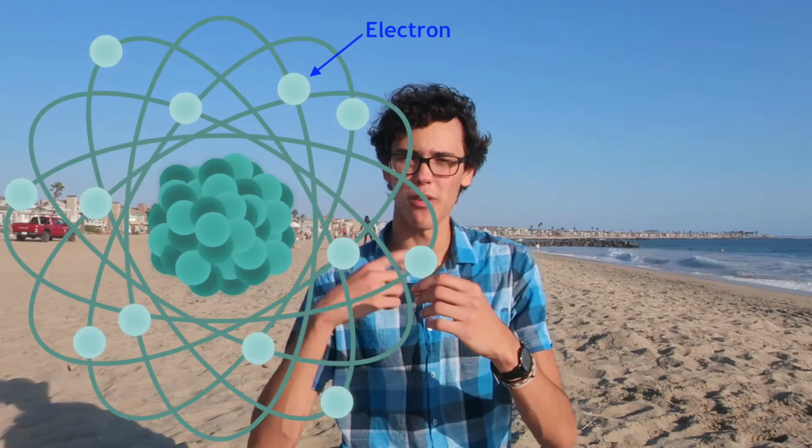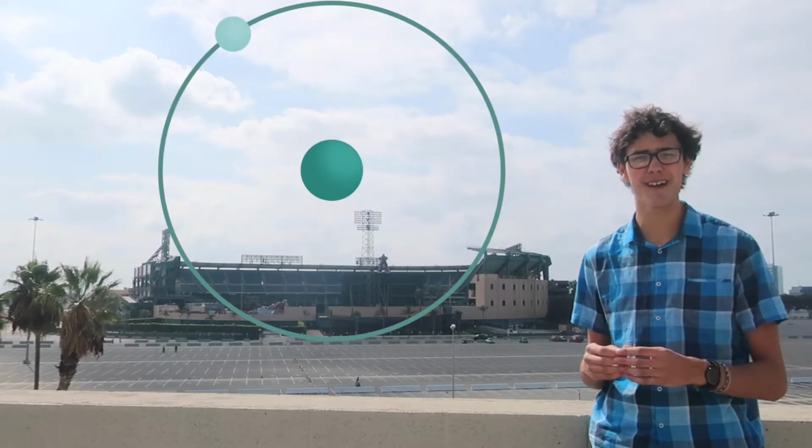Well, every atom is comprised of protons, neutrons, and electrons. The protons and neutrons are bound in the center, and the electrons whiz around them. The hydrogen atom, being the simplest atom, has one proton in the center and one electron orbiting it. You might be familiar with a model like this, but this is in no way to scale. To put it to scale, let's first expand this atom up to the size of a baseball stadium.